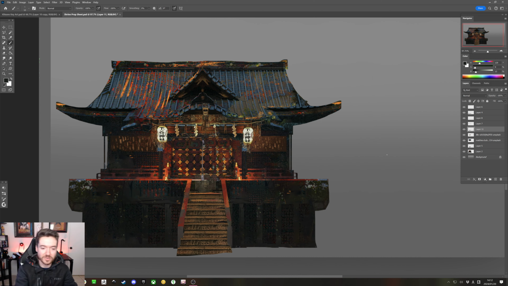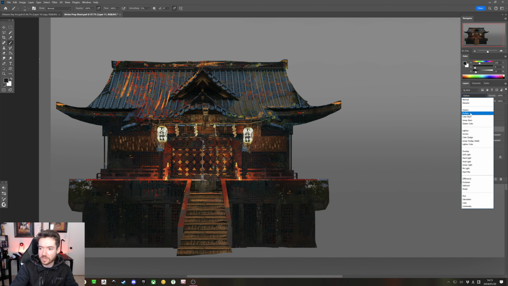General idea though, you can get the silhouette design a lot faster than something like a shrine or environment prop. Well, it depends on the prop, I guess. If it's a crate or something, those are easy. Just do a wooden crate. But something like this is a little bit different. So we're going to